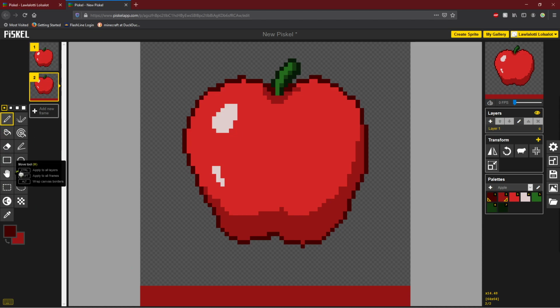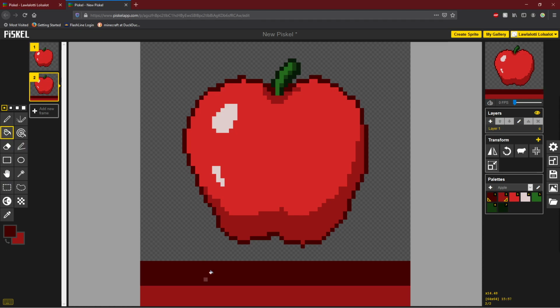Hit X, and I want to make this one darker. So there, and I want to blend between the two. Well, with dithering, you would slowly incorporate pixels of one color into pixels of the other color, so that way you can create the illusion of blending, despite the fact that you have such a limited